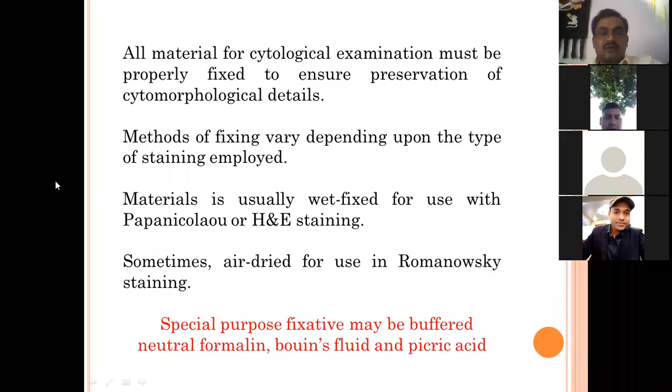How to fix? Fixation can be done by air drying, simply air dried. You are not using any chemical. And if you are doing air dry fixation, then the stain will be Romanowsky type of stain. And sometimes it is wet fixed. What is wet fixed? It is alcohol fixed. When you are fixing it by some alcohol, it is called wet fixed. And at this time you have to stain it either with Papanicolaou or H&E. So remember, wet